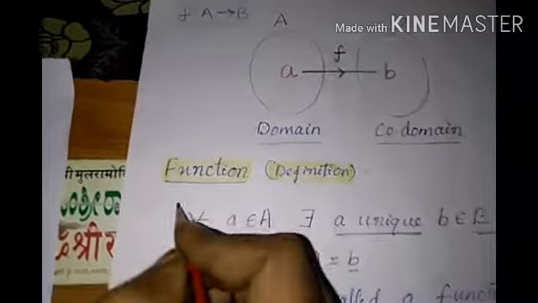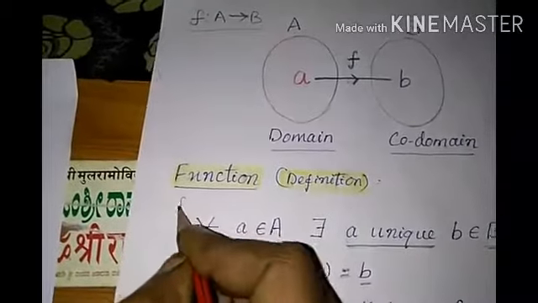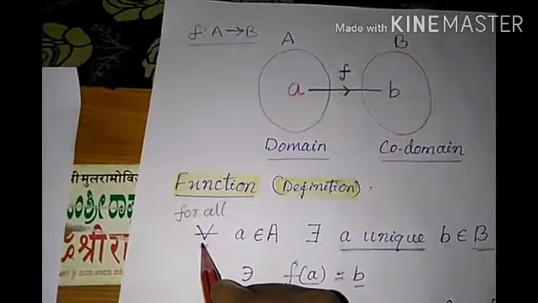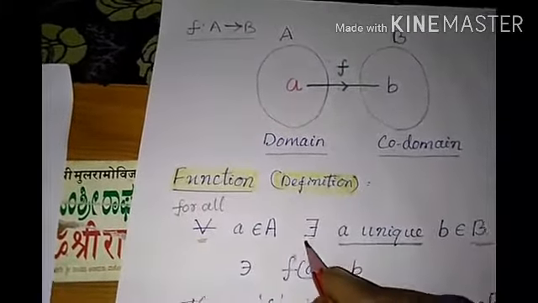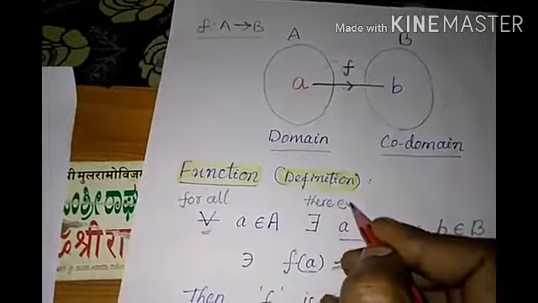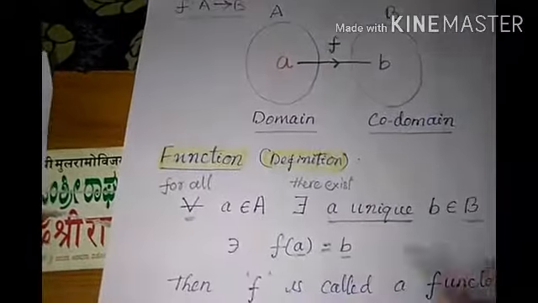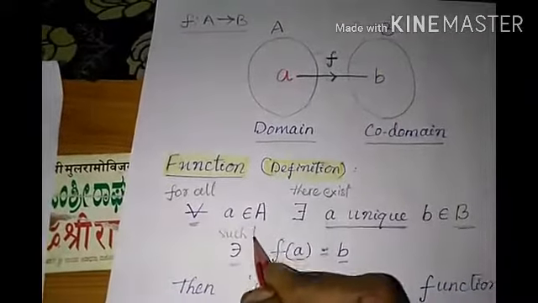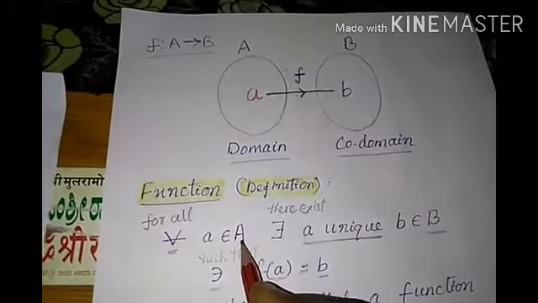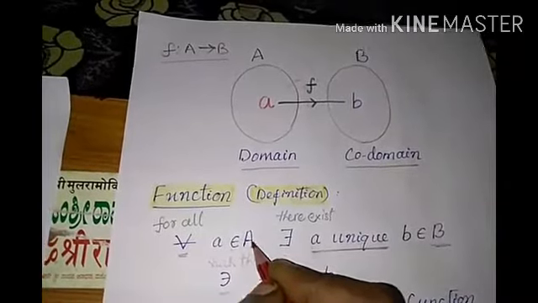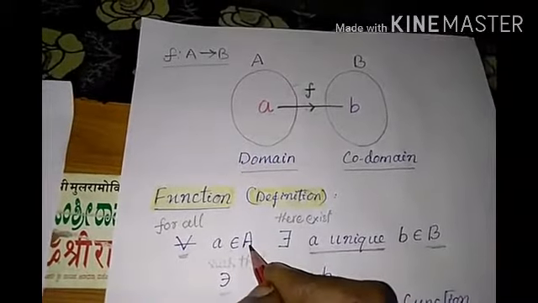This symbol is known as for all. For all. This symbol means for all. This means there exists. There exists. And this symbol means such that. Such that. Understood clearly? For every element in A,